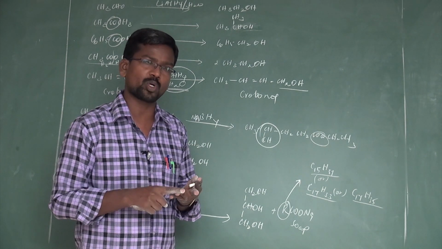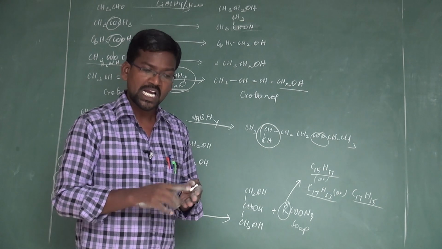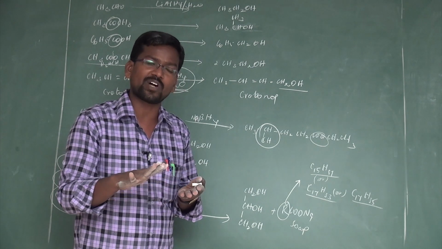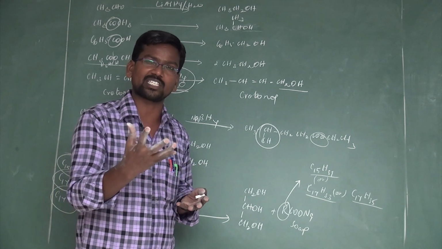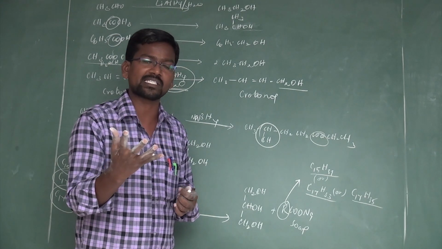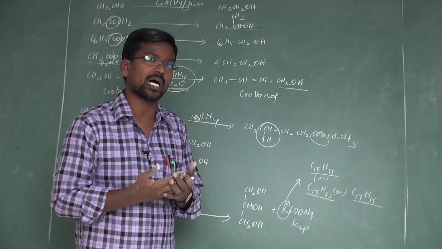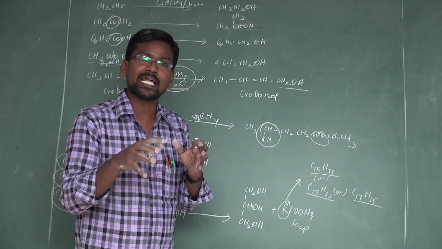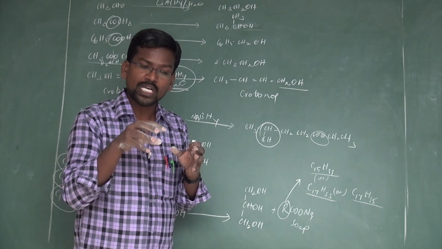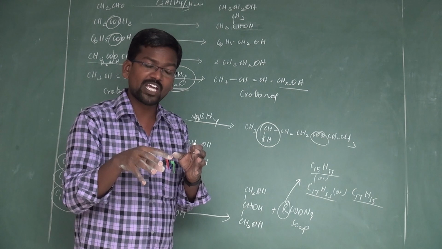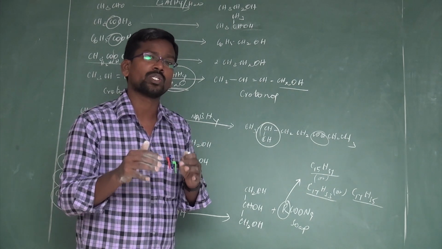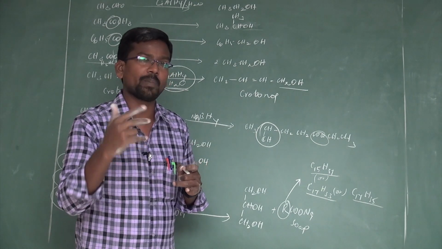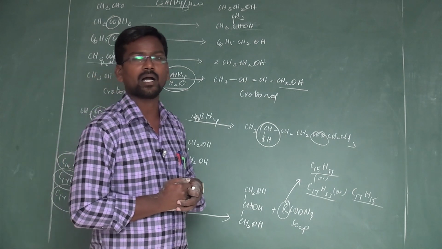So from n-butyl alcohol to isobutyl alcohol, secondary butyl alcohol, then tertiary butyl alcohol, as the length of the carbon chain increases, the occupied surface area increases, and intermolecular forces of attraction, dipole-dipole interaction and van der Waals forces increase, so the boiling point also increases. Tertiary butyl alcohol occupies less surface area, because the molecules are better packed in the crystal lattice, so van der Waals forces are weak. That's why tertiary butyl alcohol has a low boiling point and higher melting point. These are the physical properties of alcohols.